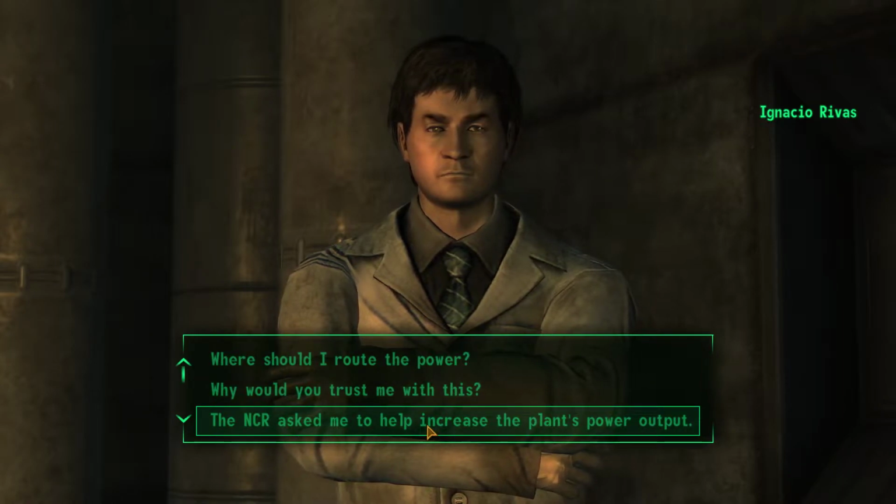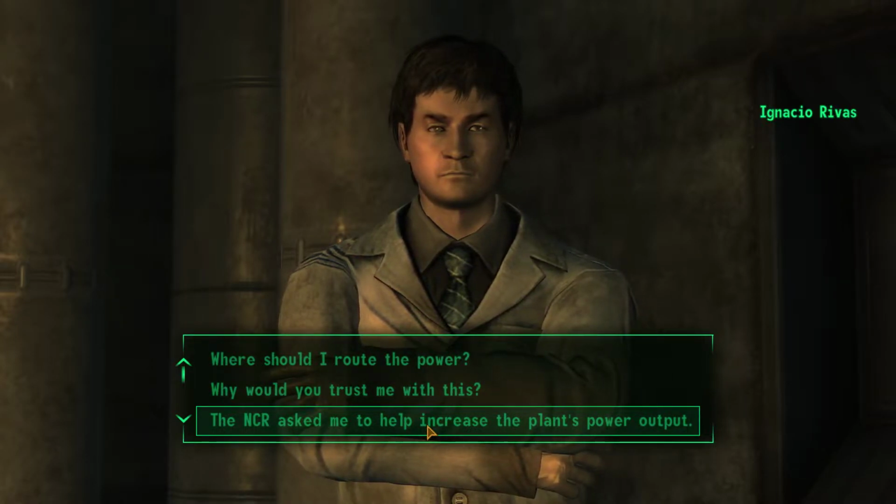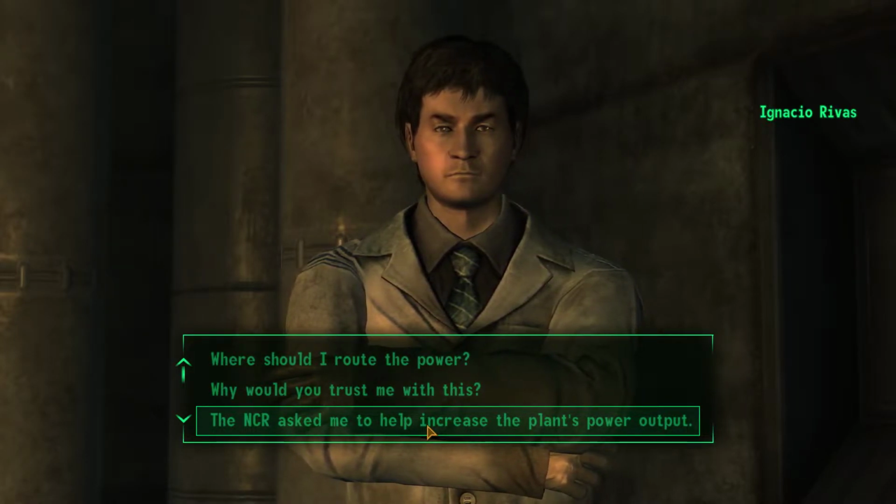So he's trusting us. We'll be faced with a choice to distribute power once we've restored this power plant. And we can use it to do a bunch of stuff. We can use it to restore NCR thriving communities. We can use it to restore...